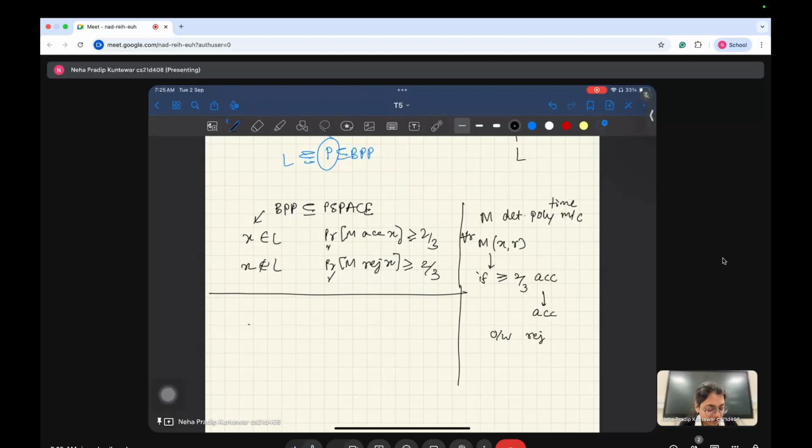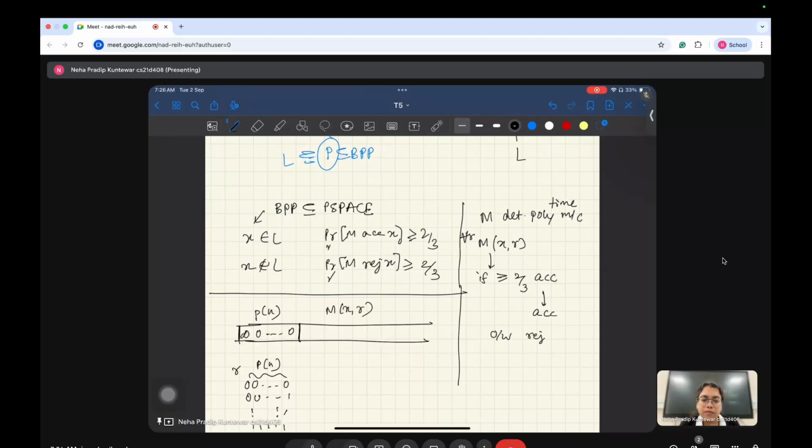What we'll really do is have a counter here. Let's say all choices of R are all zeros, these are the random seeds, 0 0 0 1, all the way up to 1 1 1 1 1. The length of this is polynomial, so there can be some polynomial P of n space to keep track of the random seed I'm currently working with. Then we run our machine M on input X and random bits R. Since M is a polynomial time machine, it's going to take Q of n